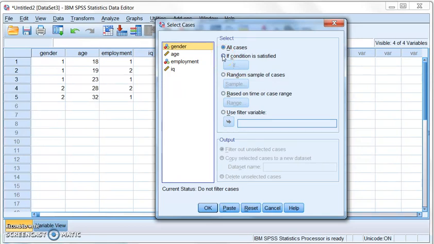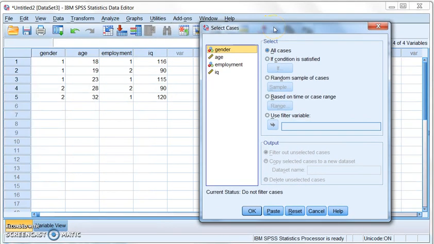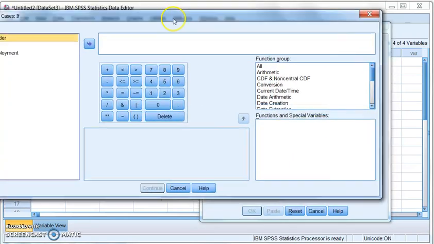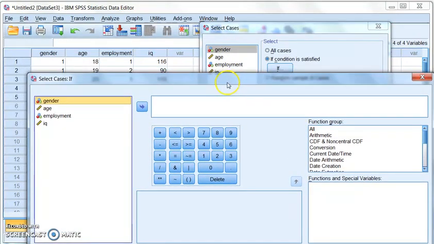We could pick only the males or females. We could pick those who are employed or unemployed, or even use an operational sort of selector. So you see there's several choices here. I'm going to pick the next one that says if this condition is satisfied, we're going to select those particular cases. So when I click on if, now I've given this table,